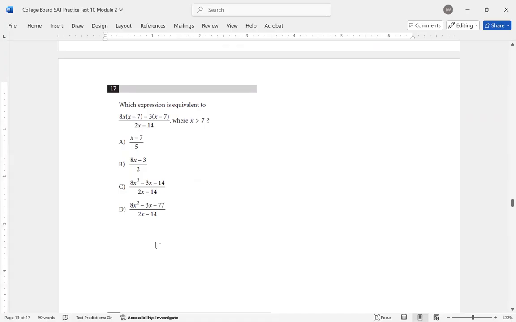Question 17. Which expression is equivalent to the following? 8x times the quantity x minus 7 minus 3 times the quantity x minus 7, all divided by 2x minus 14, where x is greater than 7, because we don't want to be dividing by 0. So we have 8x times the quantity x minus 7 minus 3 times the quantity x minus 7